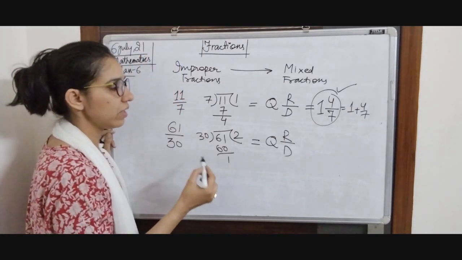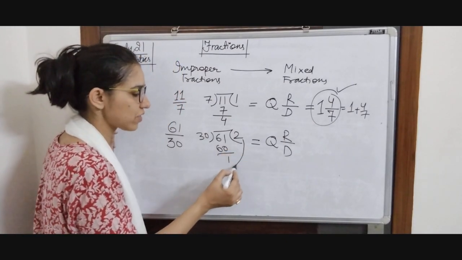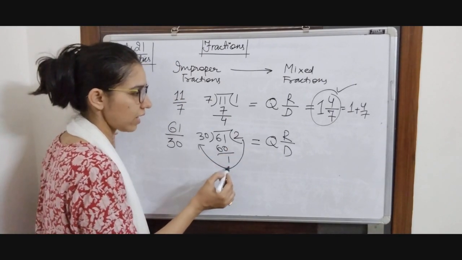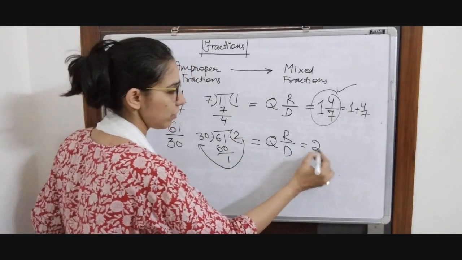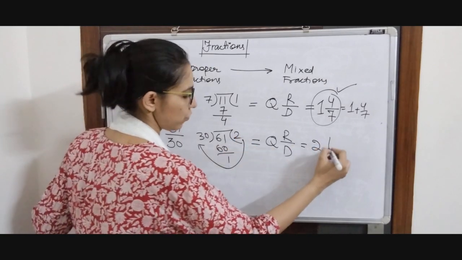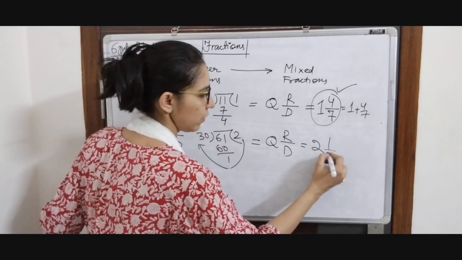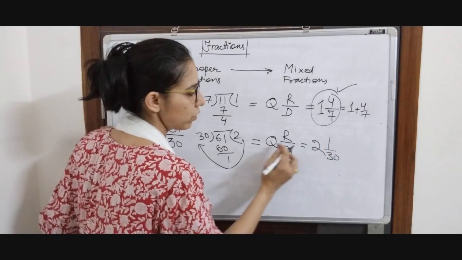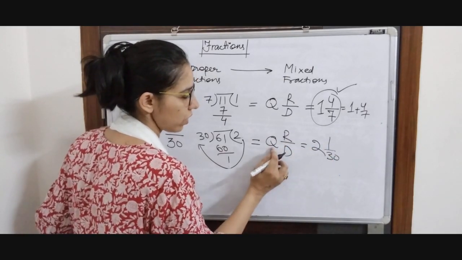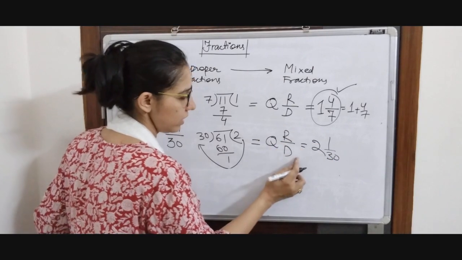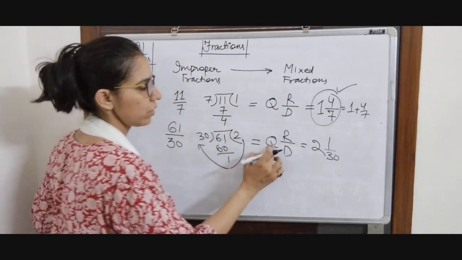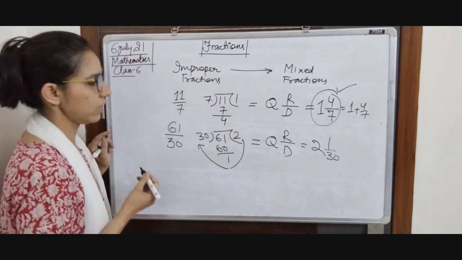You can learn this by this half circle. We are going to start with 2, then we are going to write 1, then we are going to write 30. So we are going to write in this order: q r by d, and this is going to be qrd. Okay, qr by d. This is like this.